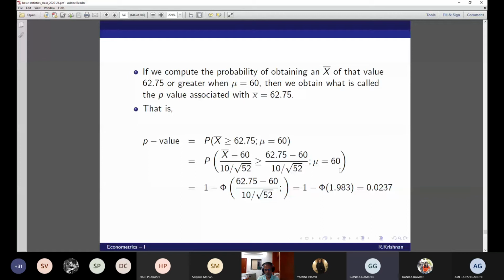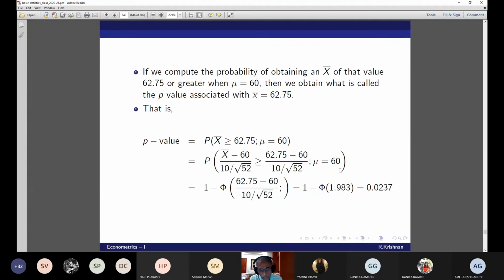Yes, sir. So, sir, when we compare whether we should reject the null or not, we compare the p-value with the alpha which is originally assumed. Is it? Yeah, that is normally done, because that is always some sort of a reference point for us, 1% and 5%. No, normally people do not do it anymore. They just give this p-value and leave it to the readers to interpret. You just give this p-value and leave it. That's it.